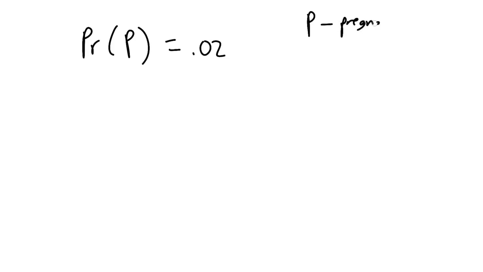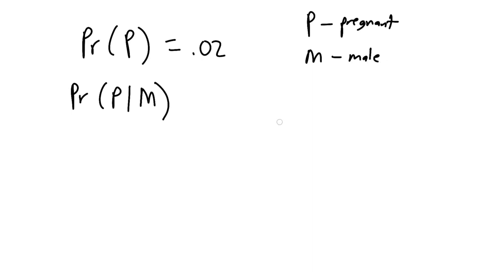Let's take an example here, right? Suppose I said, I want the probability that a person that I meet is pregnant. And we said, who knows what that is? Maybe that's 0.02 or something like that. So I've established P as the event that a random person that I meet in the parking lot or whatever is pregnant. Now, what is the probability that they're pregnant given that they're male? I'm saying that male people belong to the M event, right?